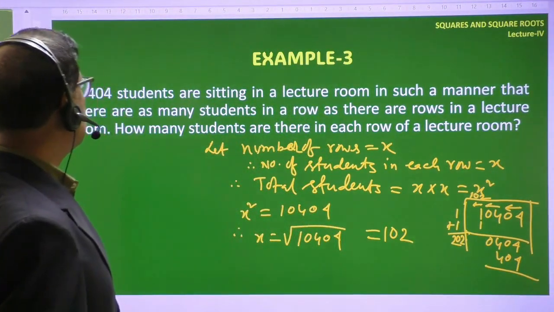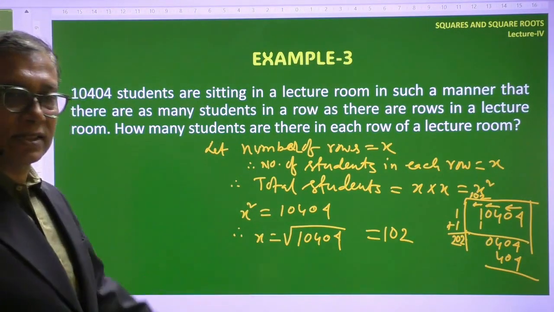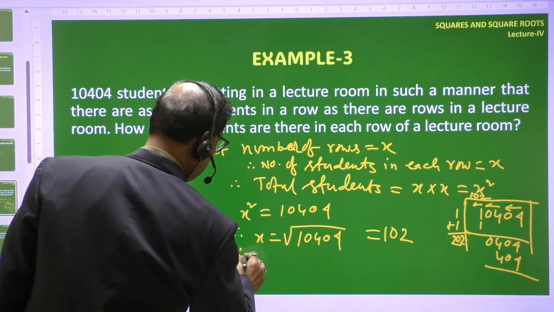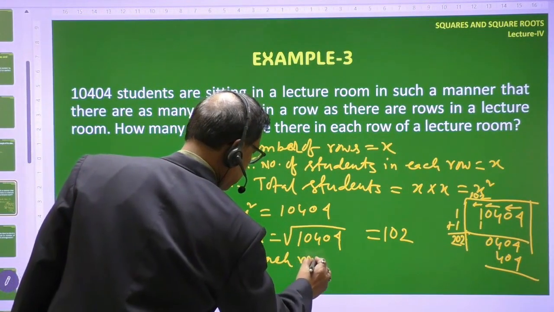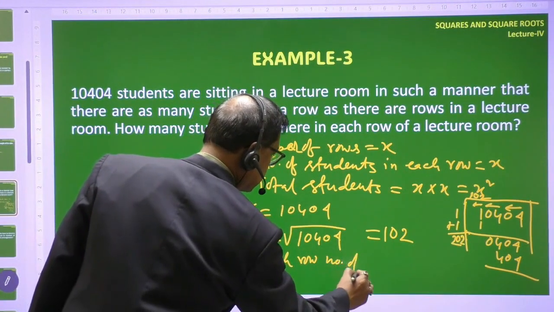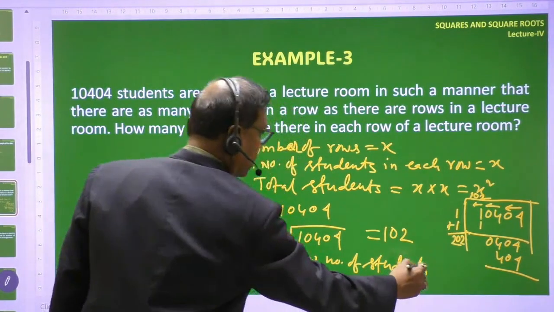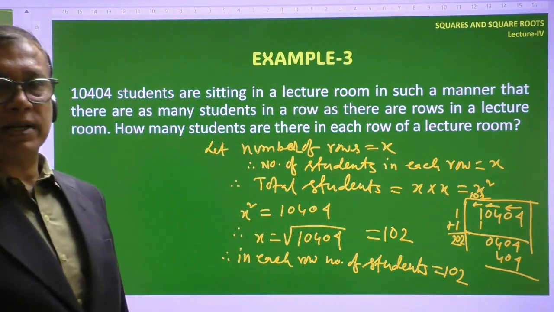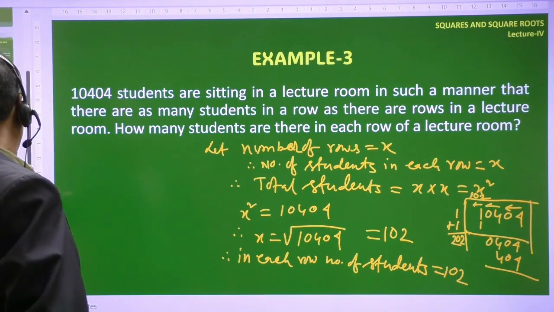So the question was, how many students are there in each row? So we got the answer, 102 students. Therefore, in each row, the number of students equals 102. I think this part is clear. Yes. So now,